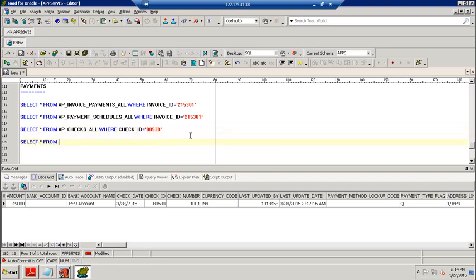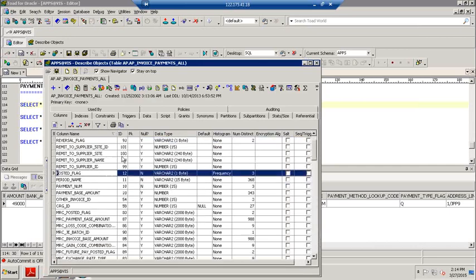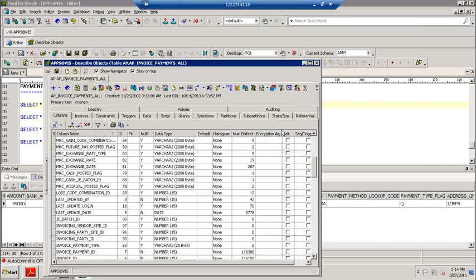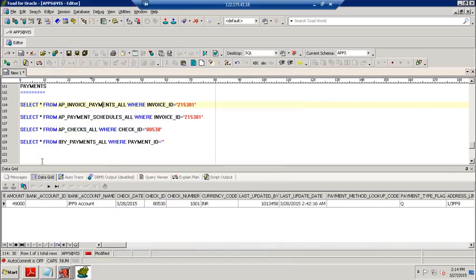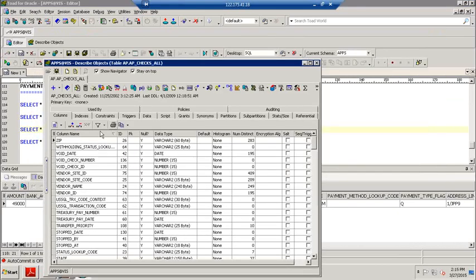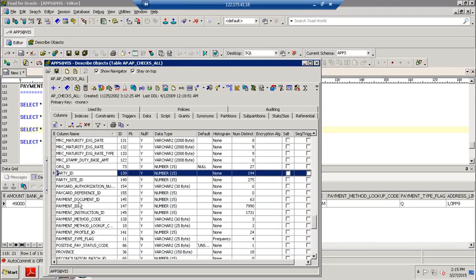We have IBY payments all. Here we can give the payment ID. Where can you find the payment ID? So here I thought we can find the payment ID. So from here we find the payment.